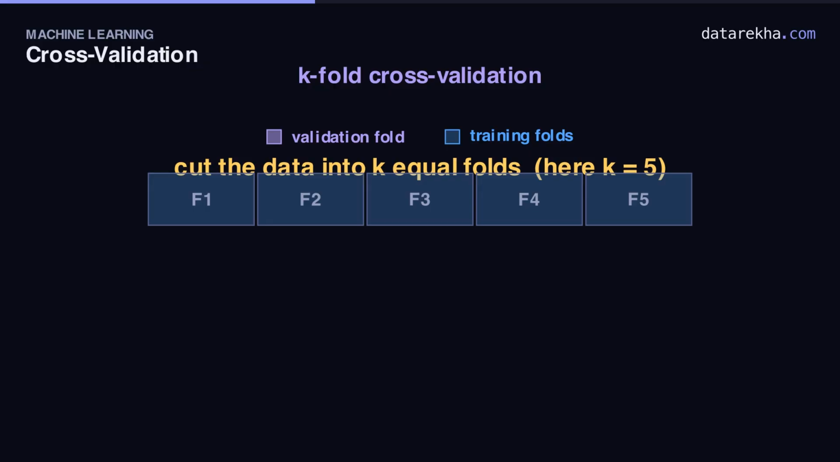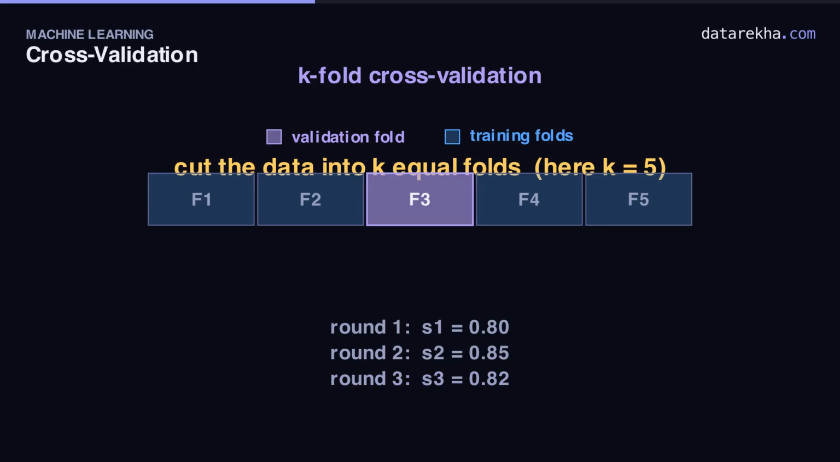Watch the validation block move along the bar. Round 1. Fold 1 is the validation set. It lights up. Folds 2 through 5 are training. Train, score on fold 1, 0.80. Round 2. Now fold 2 steps into the validation role and fold 1 rejoins training. Retrain from scratch, score on fold 2, 0.85. Round 3. The held out block slides to fold 3. Retrain, score